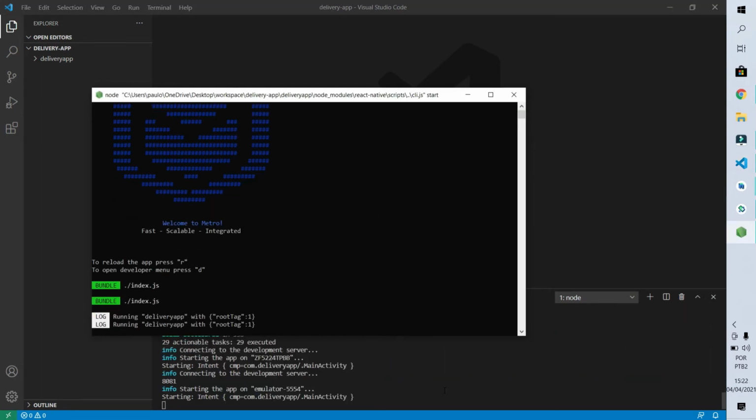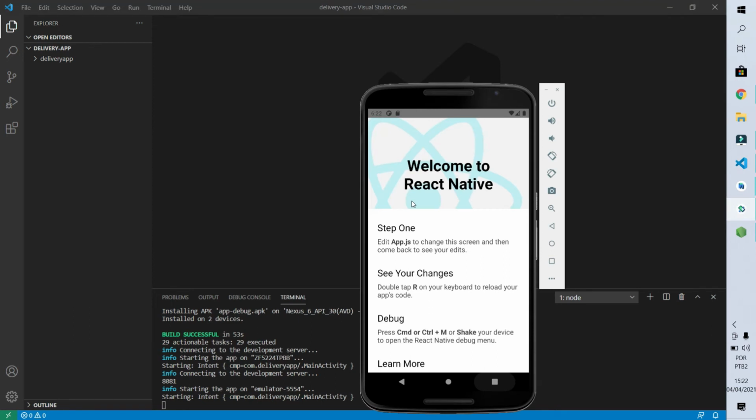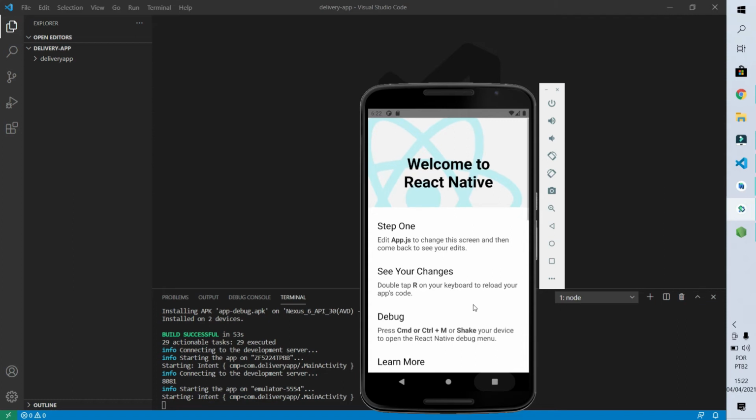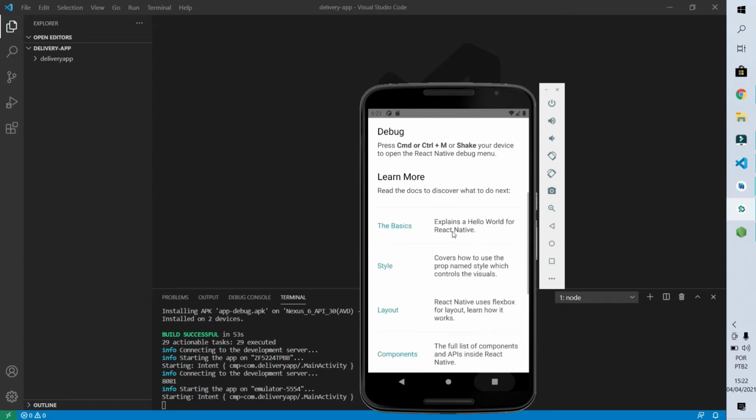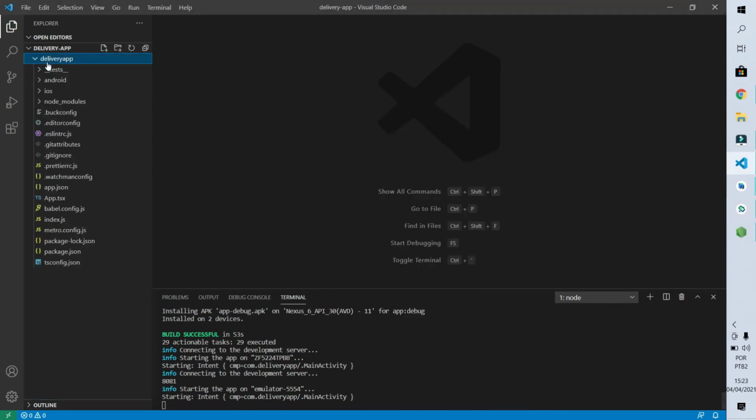And after a few seconds, what happened was that this node window was opened, the project was created here, installed on 2 devices, one being the emulator and the other being my cell phone, which is connected to the computer. Now the project is running here on my computer and on my cell phone. And great, we can see that the initial React Native project shows some information about React Native. What we are going to do now is to talk about the structure that was created in that project. For that, we come here to the project, open it, and let's talk about the folders and files created.